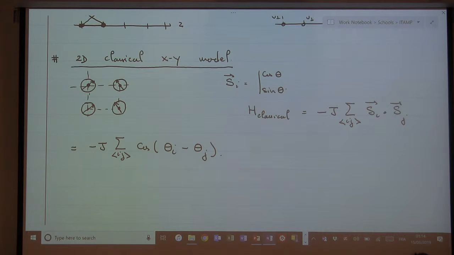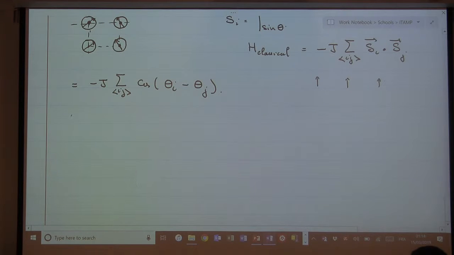Now, why am I talking about this Hamiltonian? It is because if I am very naive and say, let me consider a configuration where all spins point practically in the same direction, I can consider that theta_i minus theta_j is small, in which case I will expand the cosine. The cosine is 1 minus the argument squared over 2, so my Hamiltonian would be J over 2 sum over nearest neighbors ij of (theta_i minus theta_j) squared. So this is of course not exact, this is an approximate solution. Now if I go to the continuous limit, the difference of angle in two neighboring sites is essentially